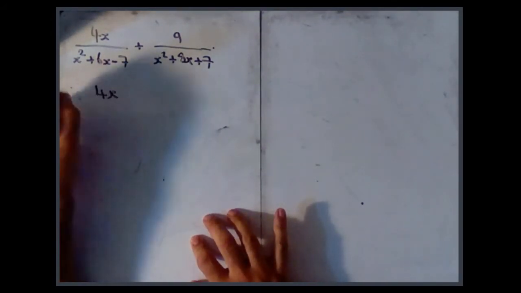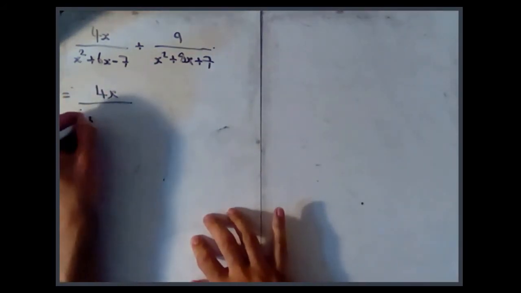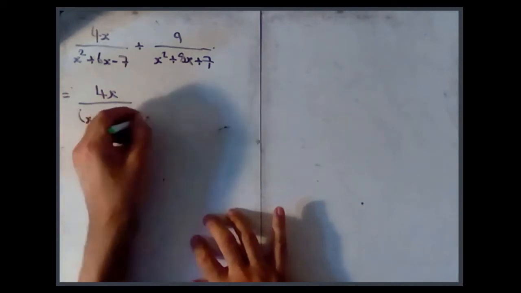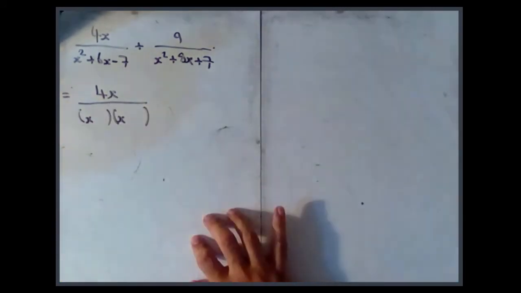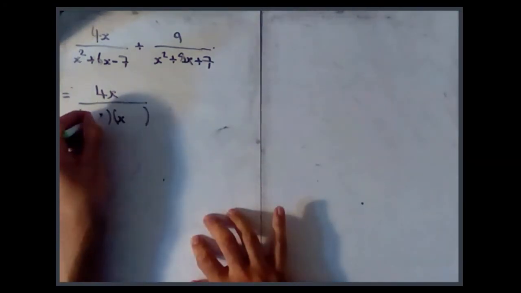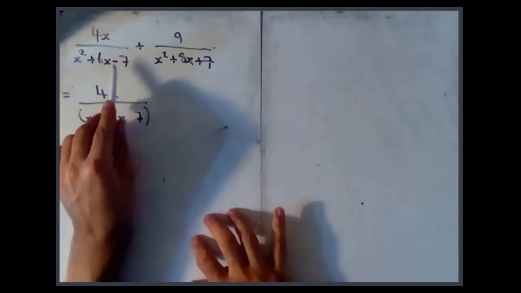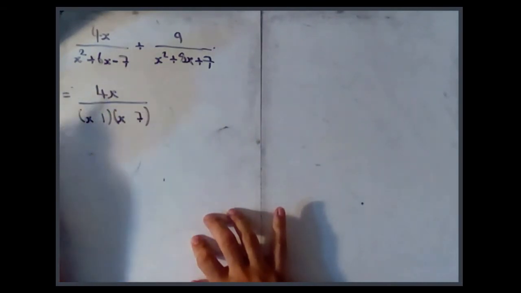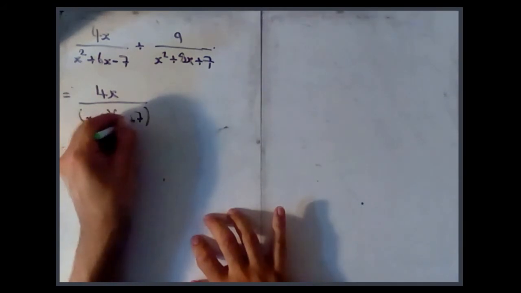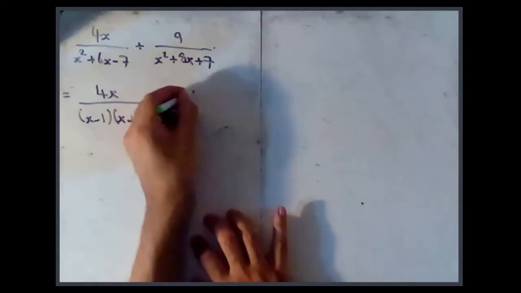So this is 4x over x squared plus 6x minus 7, which is going to be (x)(x). Simple sum and product factorization. 7 is a prime number, so it's got to be 1 and 7, just have to get the signs. They multiply to make minus 7, so they're different signs. They add to make plus 6, so the biggest number must be positive. So plus 7, minus 1, plus 9 over,